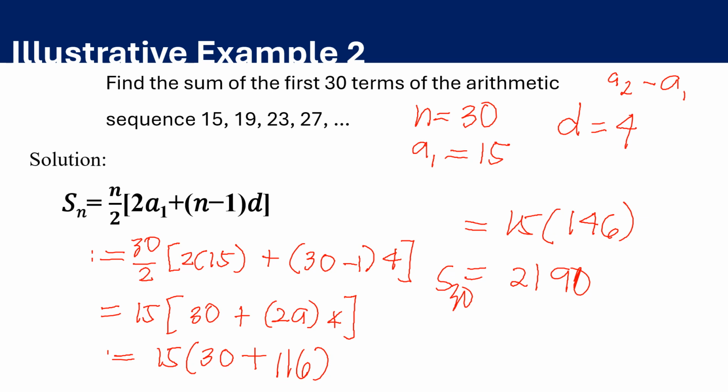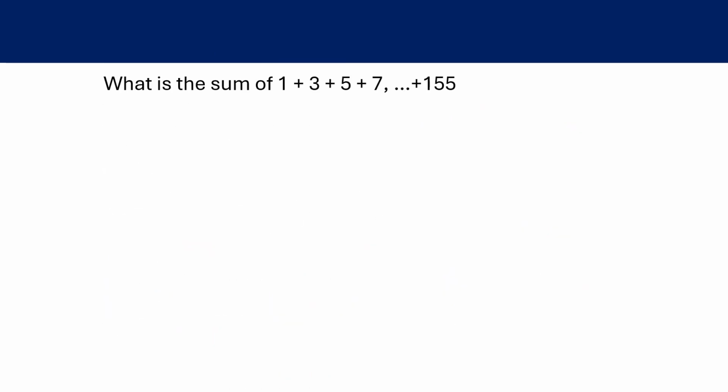So yeah. Now, the next example, what's the sum of 1 plus 3 plus 5 plus 7 hanggang 155? Okay? So, since we already know what the last term is, pwede rin gamitin yung unang formula. You can also use that since the given is a sequence also. We already know what the first term is and the last term is. But to make it short, since these are odd numbers, 1, 3, 5, 7, we simply use n squared.